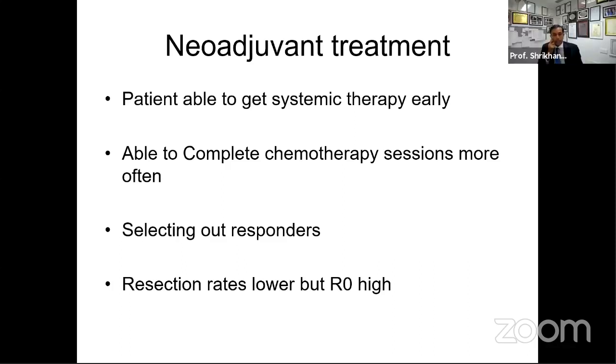No, I think it's partly the answer. The reason is exactly what I discussed in the course of my talk, where we addressed all these concerns. A large number of patients would get systemic therapy earlier than later for a systemic disease. We do select out responders, but not necessarily is it always tumor downsizing. Even if you get stable disease without a change in size, the chemotherapy for the first time, as compared to the long-standing gemcitabine, is working in pancreas cancer than before. We obviously still are far away from the magic bullet, but we are much better than what we were 5 years ago or 10 years ago.